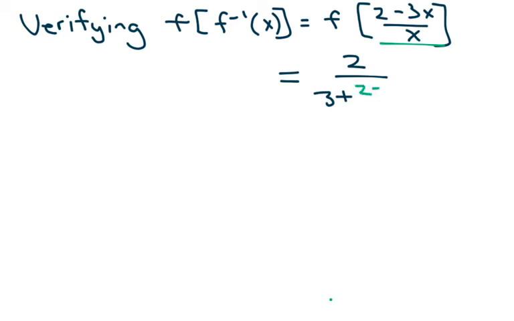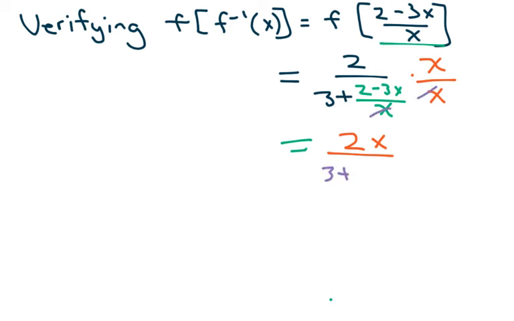So that's going to be 2 minus 3x over x. Now, the little trick here, because we have all this stuff going on, to get rid of this x we're going to multiply the numerator by x and the denominator by x. When you do that, you're going to get 2x, and here these two will cancel. So then we're going to get 3 plus 2 minus 3x. You're going to simplify, and you're going to get 2x over,